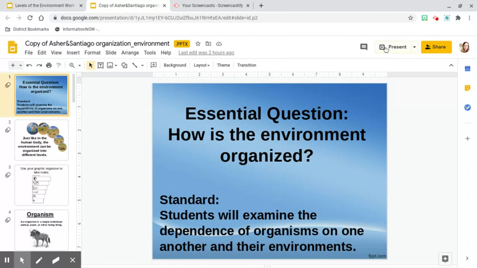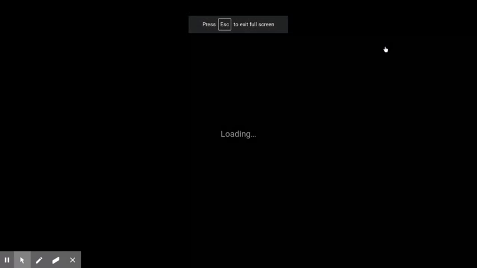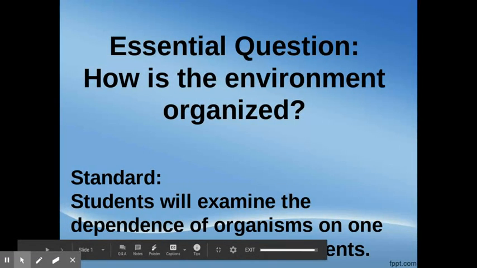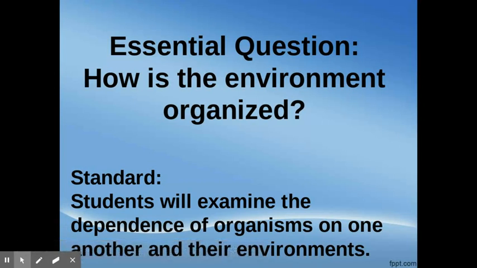So let me put this in present mode and then we will start talking about it. It's going to take a second to load. Okay, so today our essential question is, how is the environment organized? Okay, so how are all the things around us organized? And down there you can see our standard, which is students will examine the dependence of organisms on one another